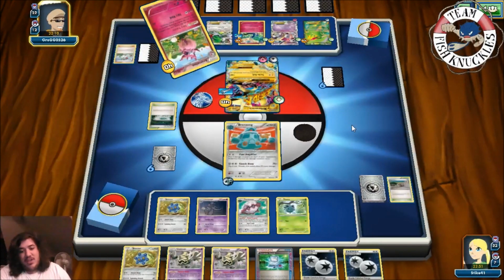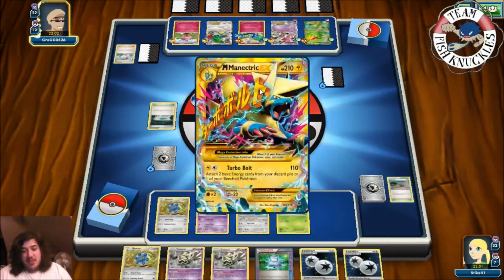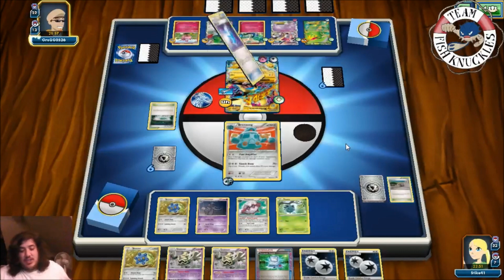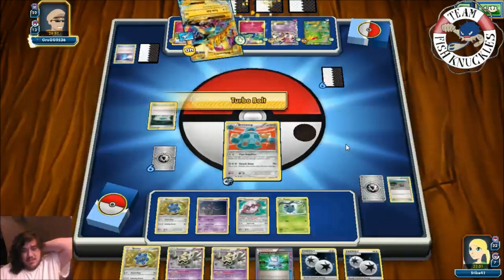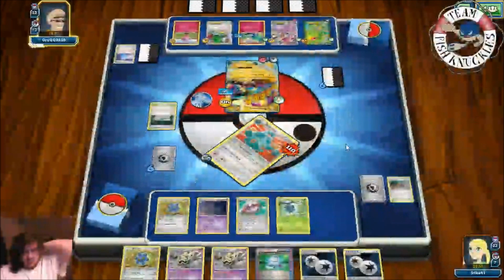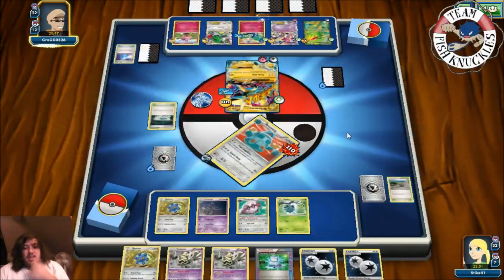We can either... We have 4, 6, 8, 12. Okay, 200. We have 210 exactly, so we can knock out this Manectric if we want to. But the question is, do we knock out the... Oh, we see a Max Potion healing the baby Xerneas, and we see a Turbo Bolt knocking out the Bronzong. Okay. Alright, so what we can do next turn, actually, is...